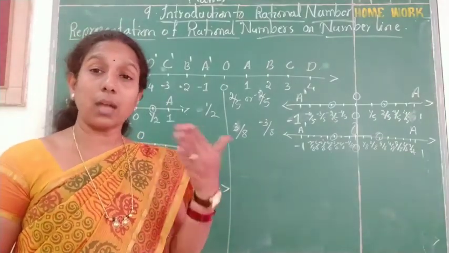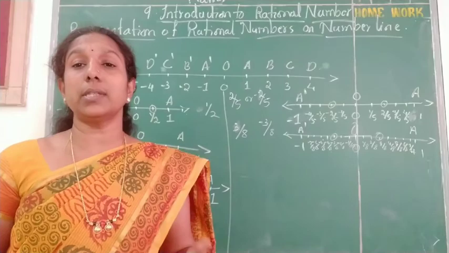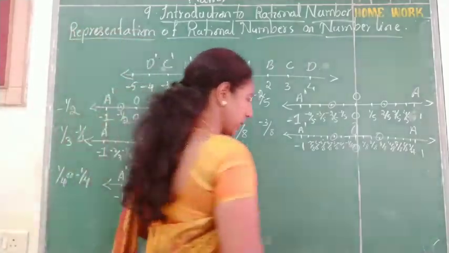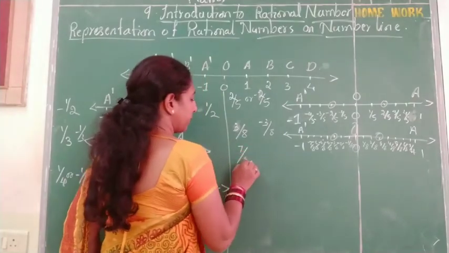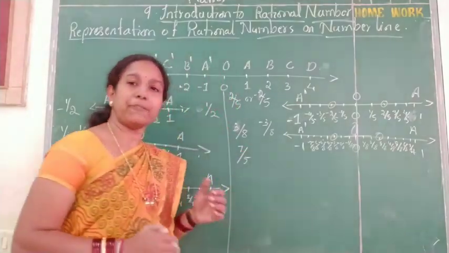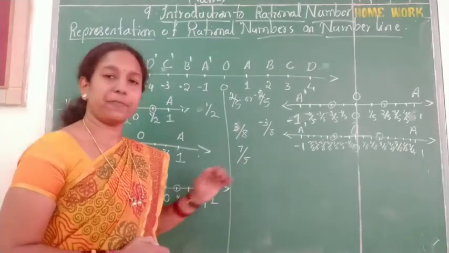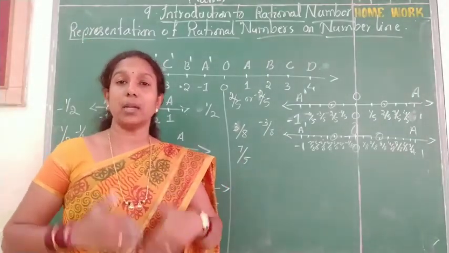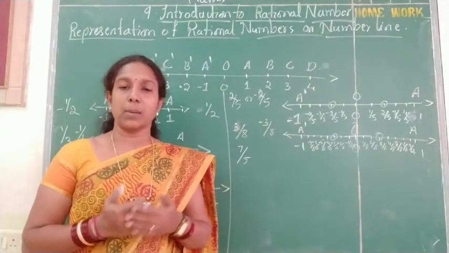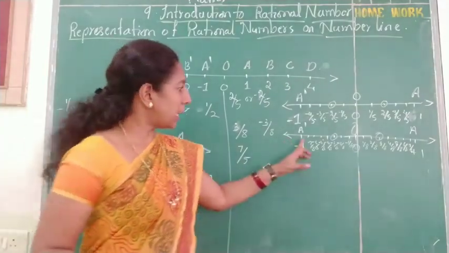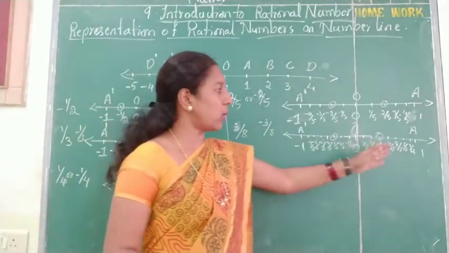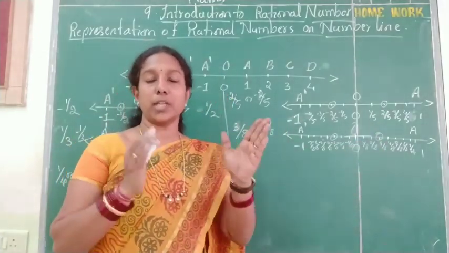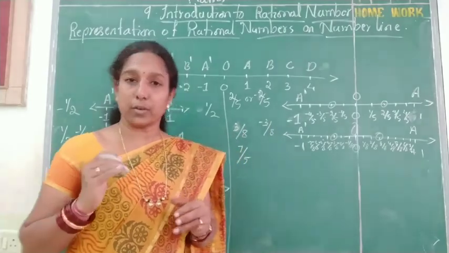Now let us take if they are given the improper or the mixed fraction. So let me take one rational number, that is 7 by 5. So this 7 by 5, how can I write? This is the improper fraction. We know that improper fraction means they are more than 1. More than 1 means they will come after the negative 1 or the positive 1. They will not be inside the 0 to 1. They are more than 1.